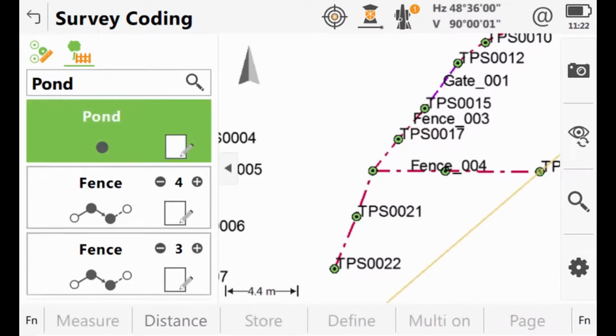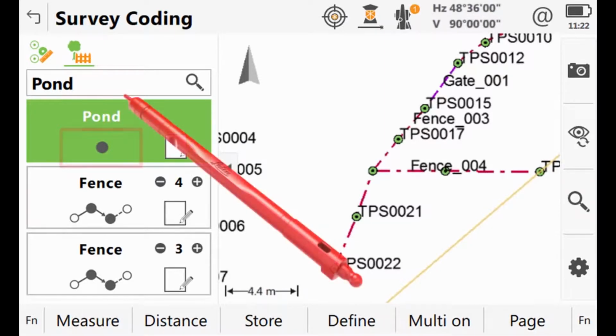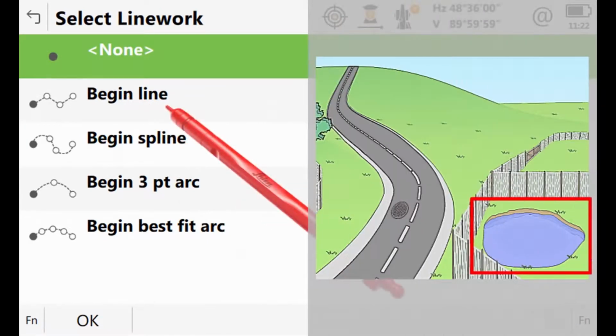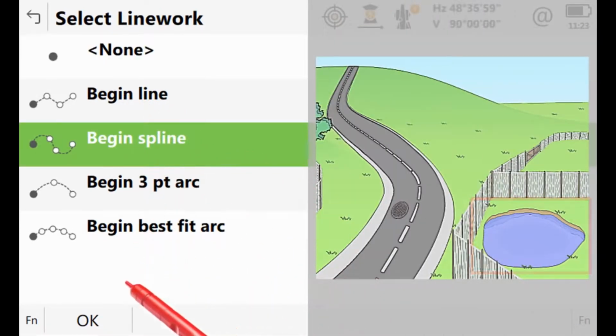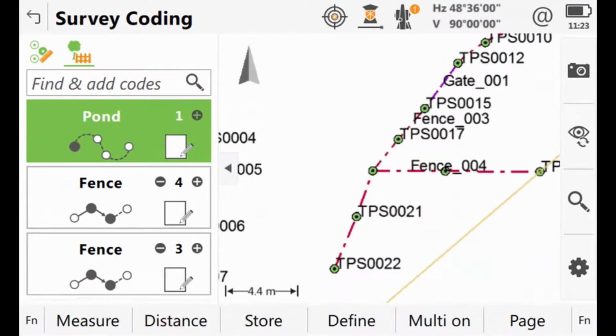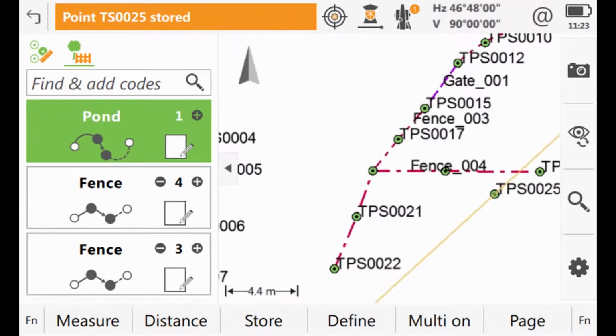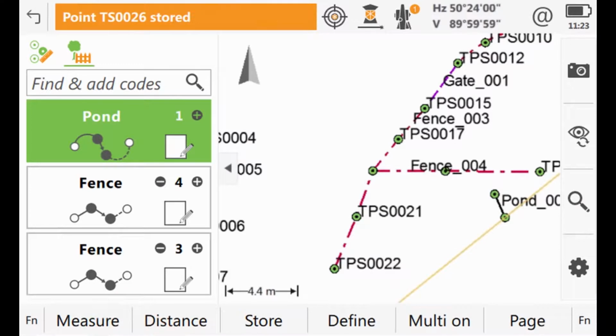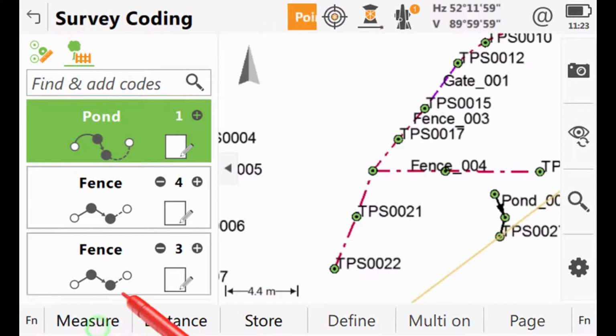However, because this is a new code, it is initially added simply as a point, as we can see from the geometry. However, if we tap that, we can change it. Because the pond is an irregular shape, we'll use the spline functionality. With that selected, we can begin to measure our pond. As measuring points to the highlighted code box to create a line is nothing new and stuff we've already covered in this video, let's just measure the first couple of points and then skip ahead to a location where the